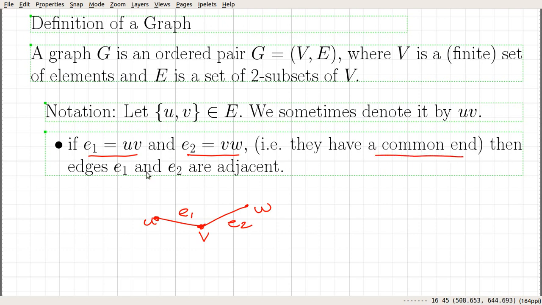There is a common vertex shared between these two edges. In such situations, we say e1 and e2 are adjacent.